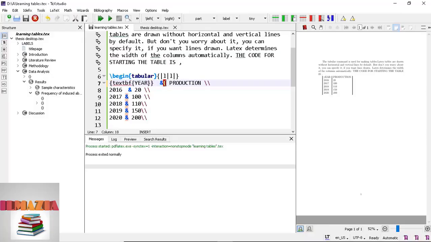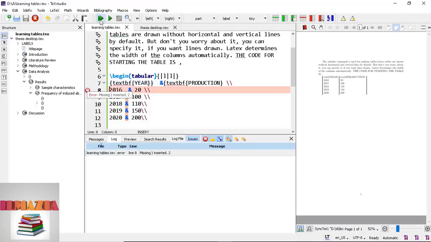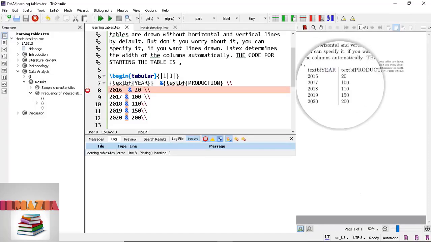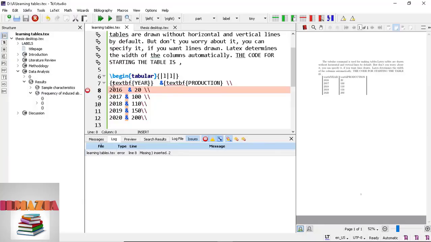Again this is in curly brackets, backslash textbf, curly brackets, production. Now check it. Sorry, here this slash textbf, so that